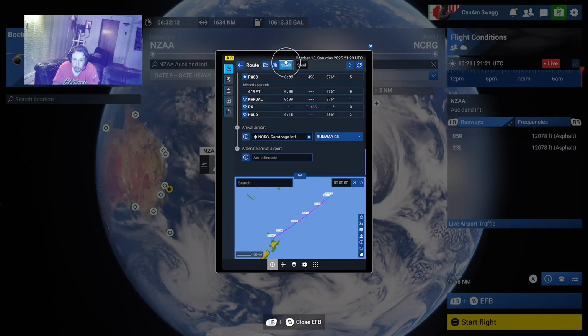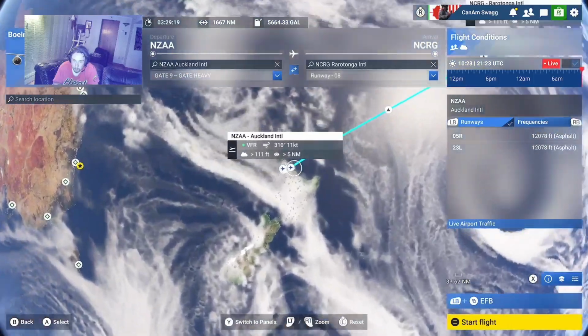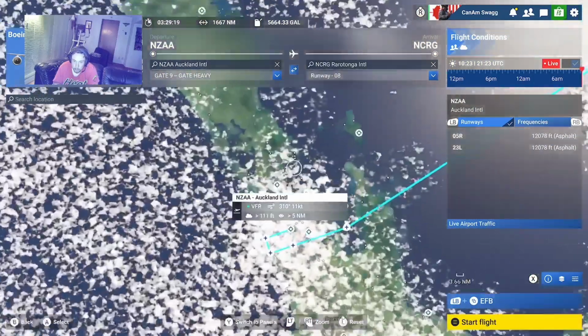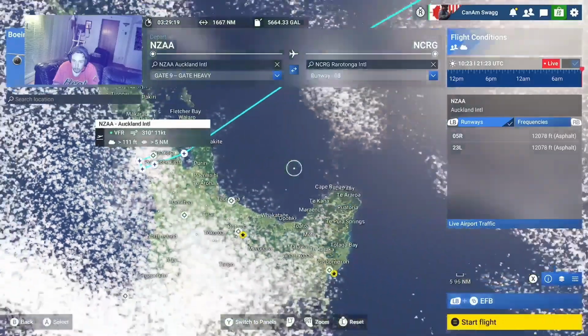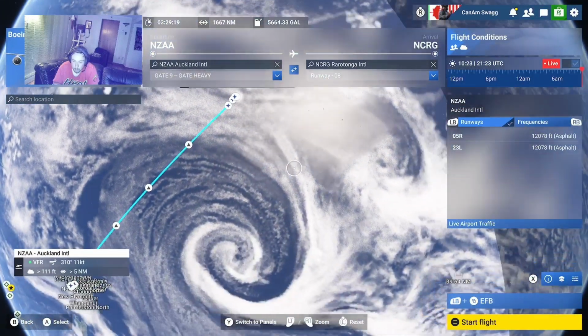One thing, don't forget, send it to ATC and avionics, and now you will be able to see the flight plan on your map here. If we zoom in, we can see that SID is set up, and so is our star in Rarotonga. Alright, so that is flight setup done. That's how we set up our flight here. And now